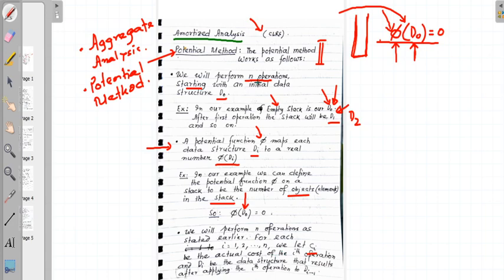Anyway, here we will perform n operations as stated earlier. For each i equals 1 to n, we let Ci be the actual cost of the ith operation and Di be the data structure that results after applying the ith operation to Di minus 1. So whenever we are at any ith iteration,